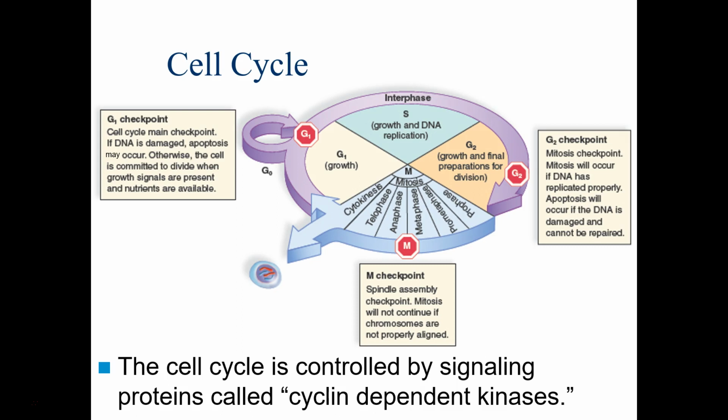So the cell can always reference, like, what time is it in the cell clock, right? Are we in interphase? Are we in S phase? Are we in G2? This is all determined by these cyclin-dependent kinases. And cyclin obviously has to do with the cell cycle. Now, the important thing here is that there are certain things called checkpoints. A checkpoint is represented by a stop sign, which is very apt in that cells can get to a certain point, and